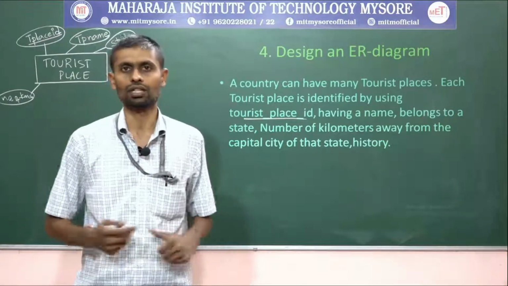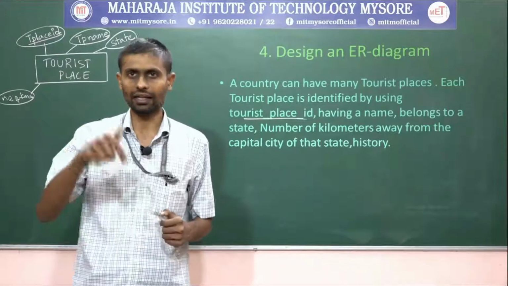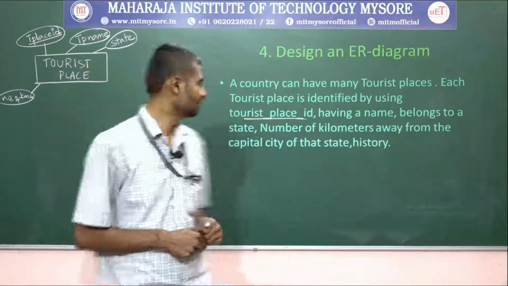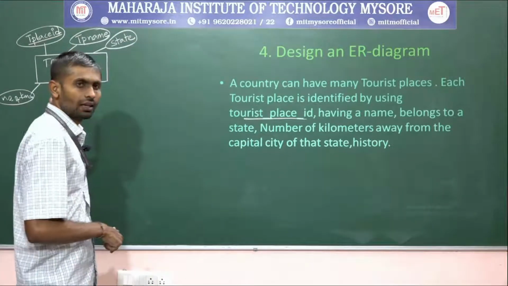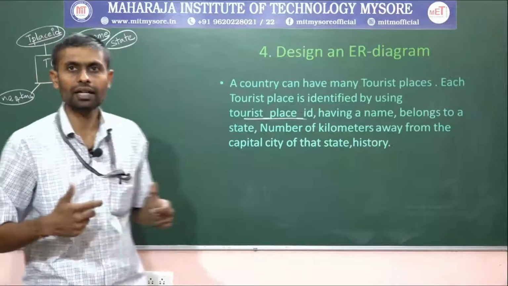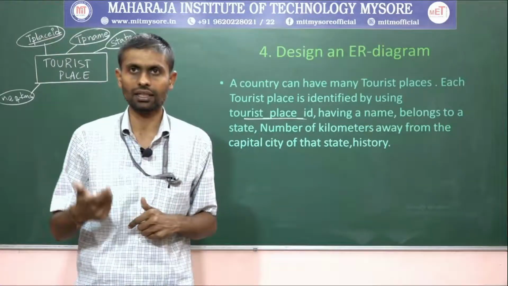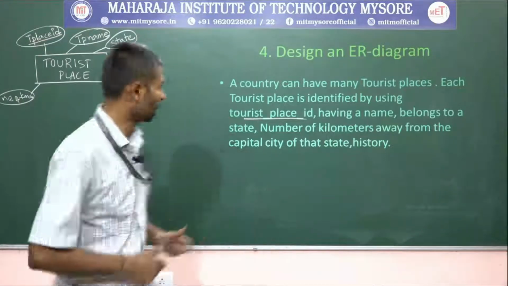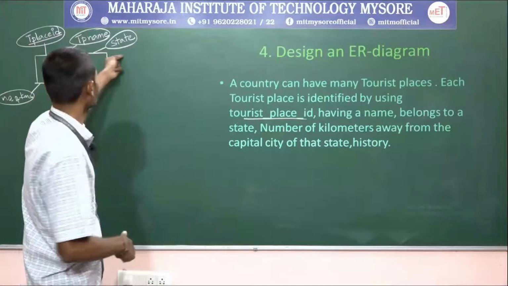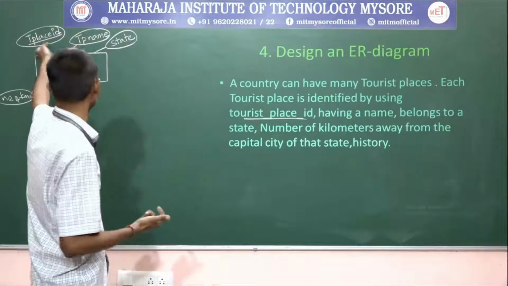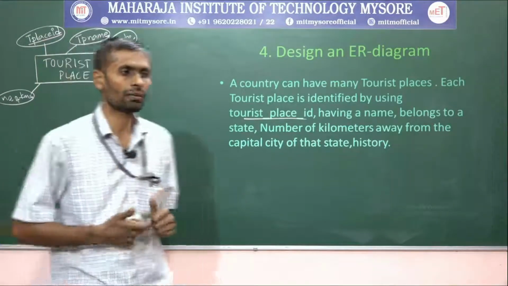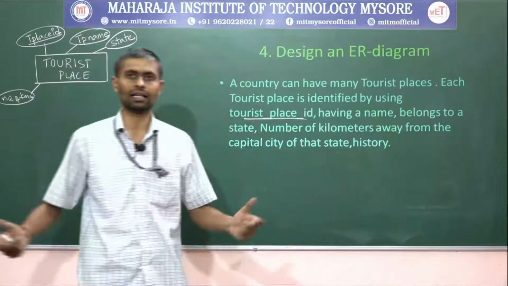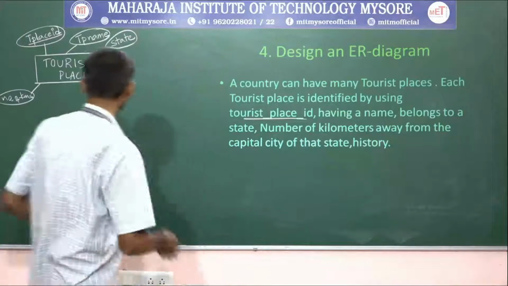If I say it is a tourist place and it is residing in the state called Karnataka, then it is having some 120 kilometers from its capital city of that state, that means the Karnataka capital, Bangalore, right. So that will record 120, and state as Karnataka, tourist place Mysore, place ID something, an auto increment ID, auto generated, right. Fine. Next, Mysore Palace has a history, so that all will record.